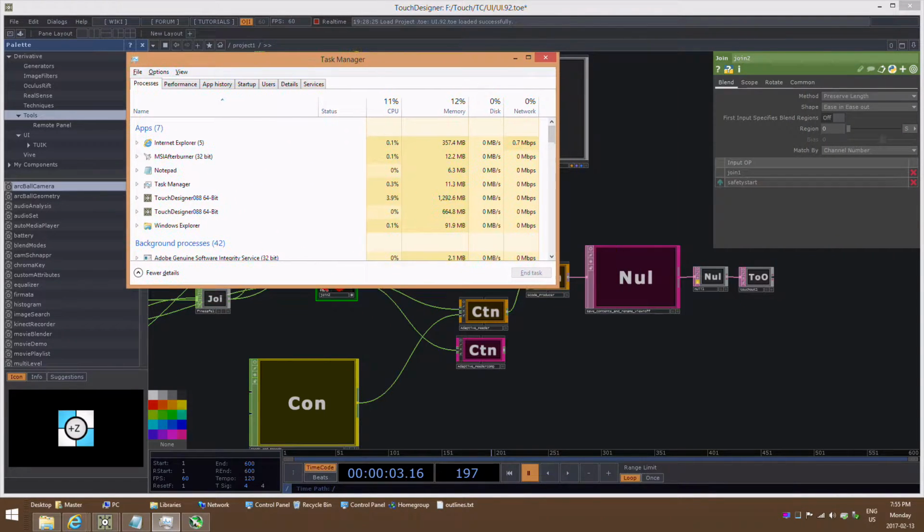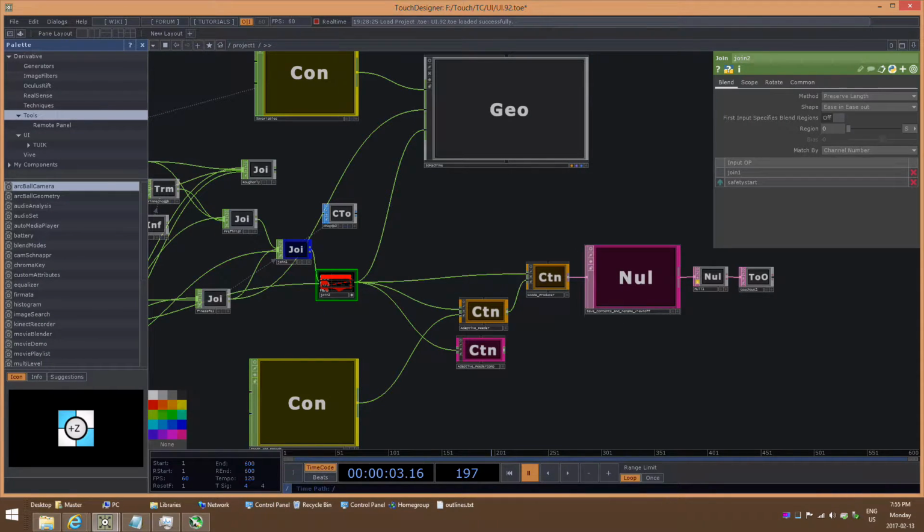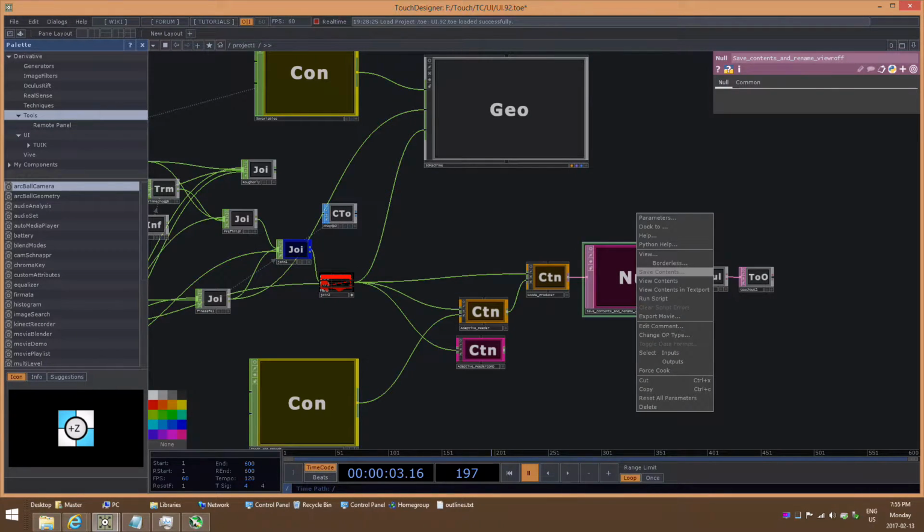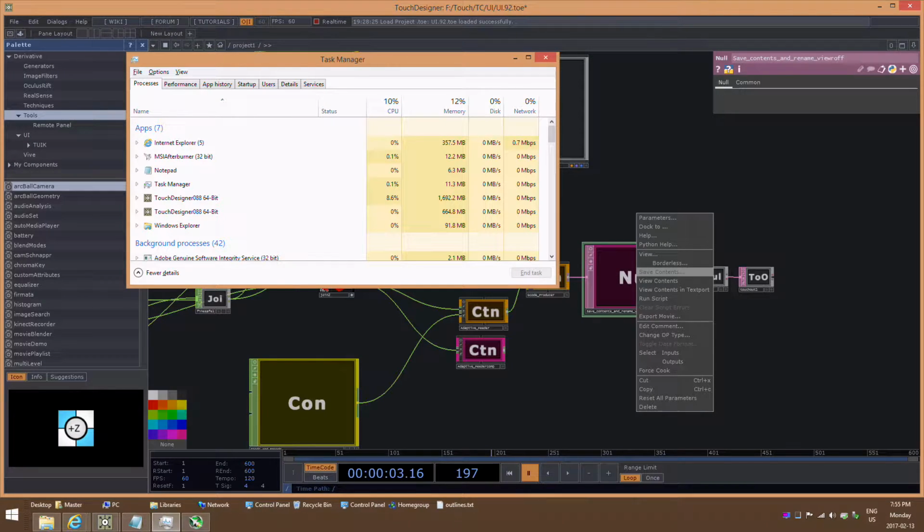So just for interest's sake, I'm going to do this. And when I do it, TouchDesigner is going to actually hang. So I went to save the contents in this node, and by doing that, all the calculation that's required to turn our original file into G-code happens. And while it's happening, TouchDesigner is going to be unresponsive,